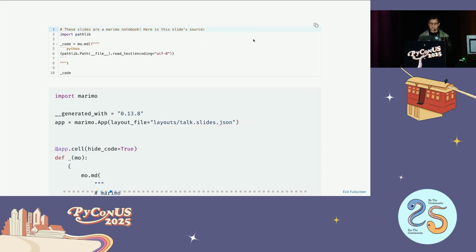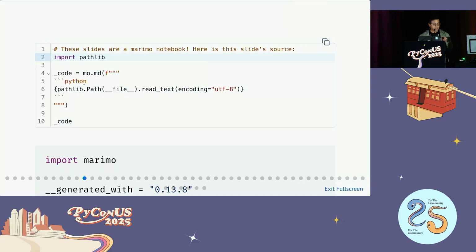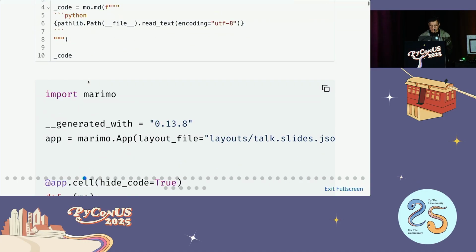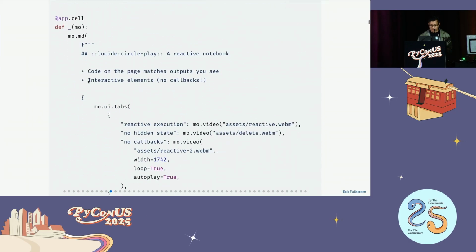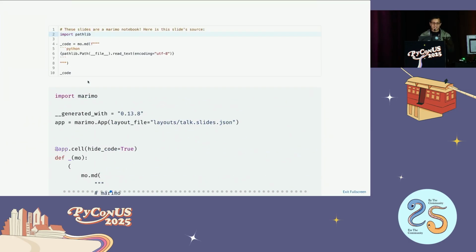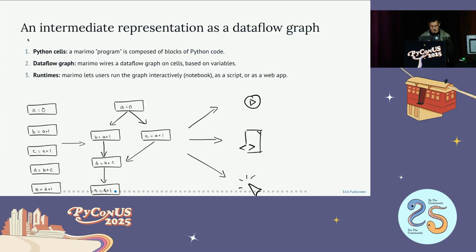And in case you haven't guessed it yet, these slides are themselves an app view of a Marimo notebook. So this cell is showing the code of this cell, which is just reading the file and then dumping it. And then here is the source code of these slides in all its glory. It's very long, don't read it. But in some real sense, the entire talk is a live demo of Marimo. Okay,